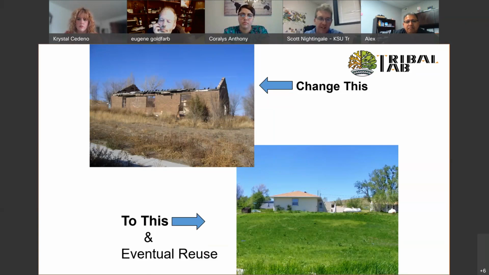Cleanup funds are competitive and usually reserved for bigger projects. Now, I do know that some gap funding has been used for meth cleanup, and any tribal solid waste money, because often it depends on what the tests show, but often it's not even a hazardous waste problem. It's just a solid waste. It just needs to be removed.